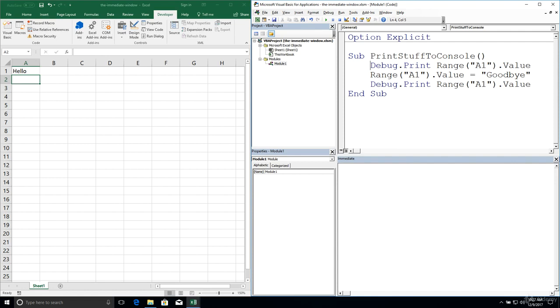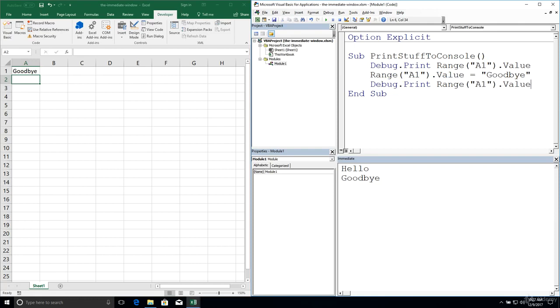After that, we're going to write a value to cell A1, a brand new value of goodbye. Once that's written, we're going to once again use Debug.Print to log something out to the immediate window, and it's going to be the new value that's stored in range A1. So let's see what happens. We begin here with hello. When we click run here, perfect. We have goodbye right here on the left side. That's actually the second step of our procedure. But right here, hello is printing. That's this line right here. Then we're changing the content on our spreadsheet. And finally, this goodbye that we see at the bottom is this Debug.Print invocation right here.